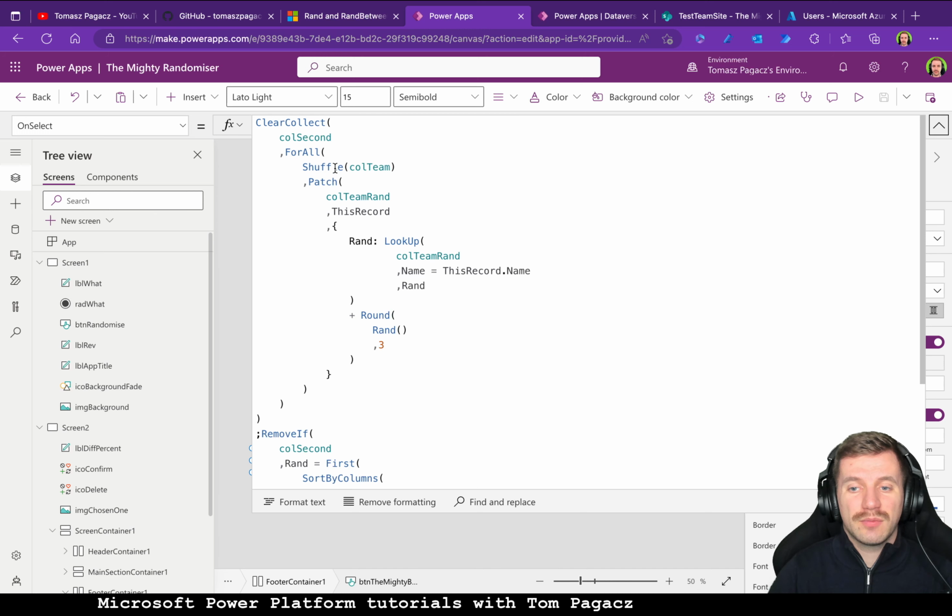Basically we could use any function to recalculate rand, but On start is running only once when you start the application. So we need to apply proper logic. That is why I am adding to the collection, for every person,